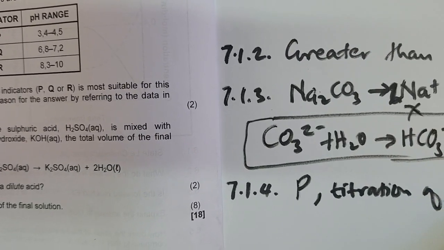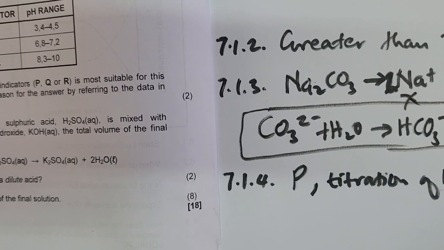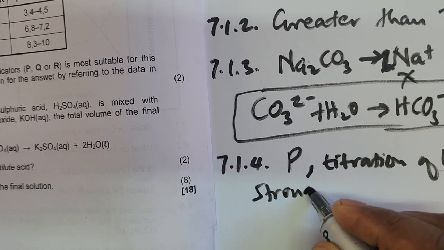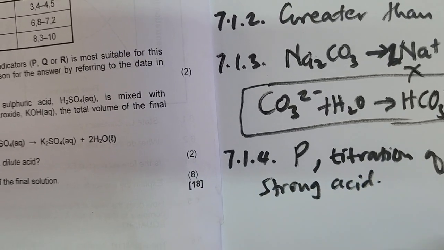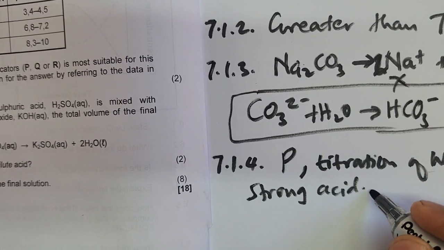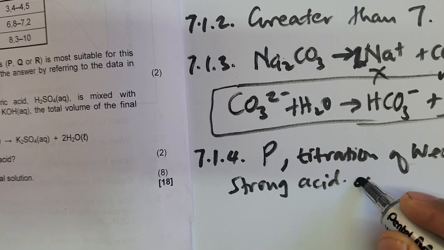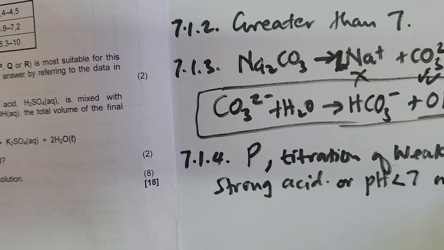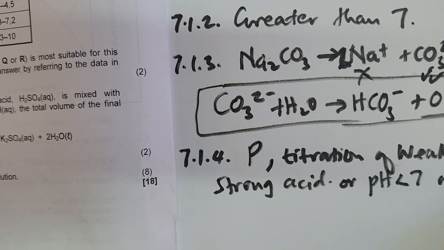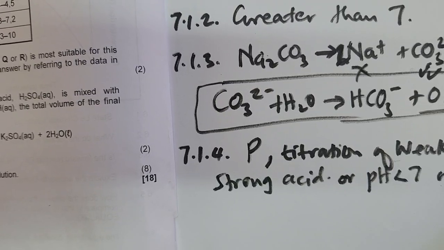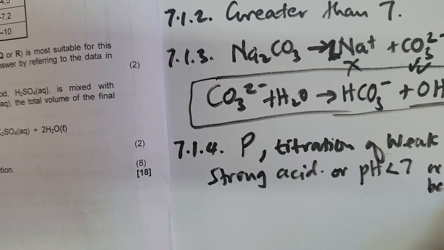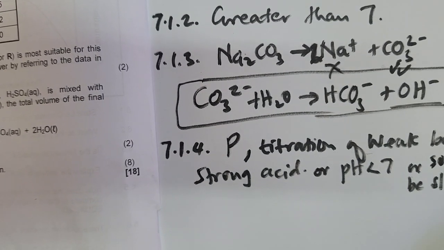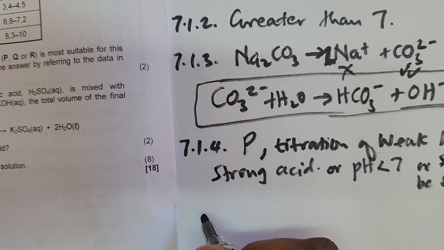weak base and strong acid. Strong acid in that case. Or I hope they can accept when they say the pH will be less than 7, or if they say the solution will be slightly acidic, because the pH will be below